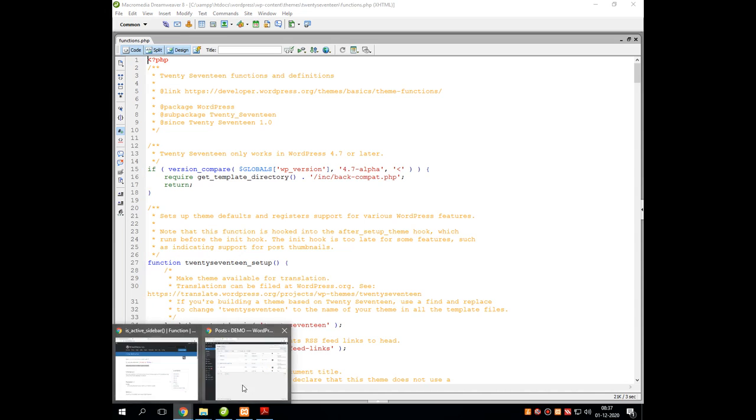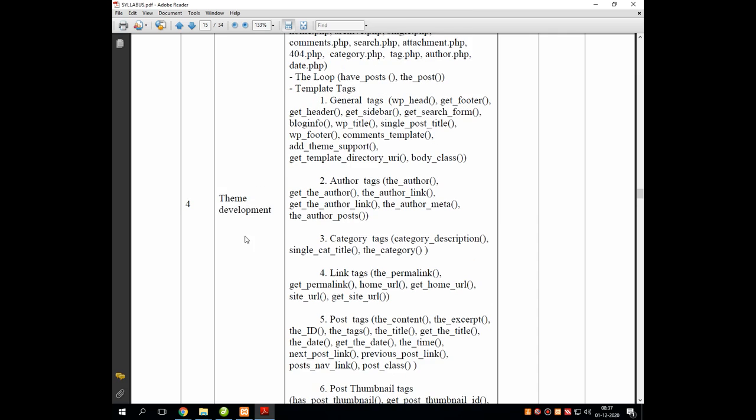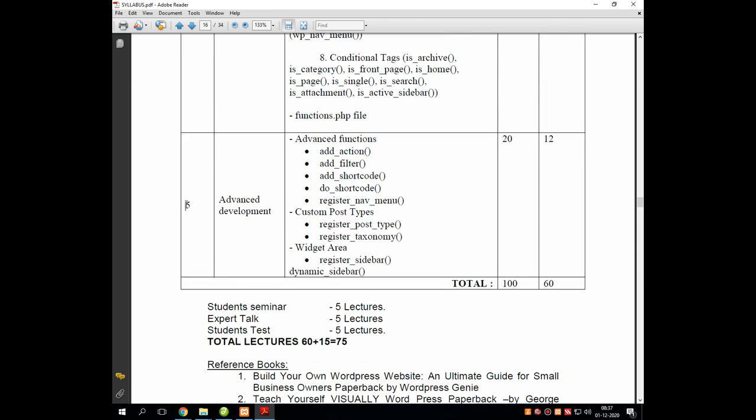So as far as the syllabus is concerned, our unit number 4, that is called theme development, is completed. Now only one last unit is remaining, advanced development, which we will discuss in the next lecture.